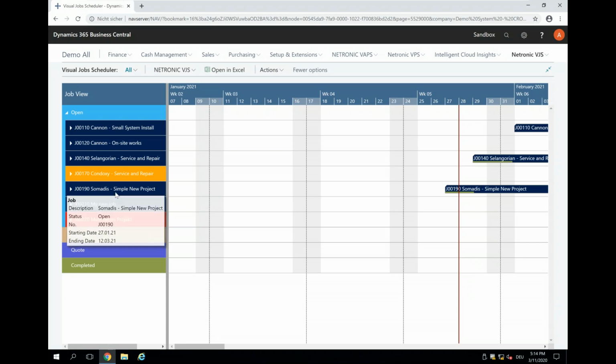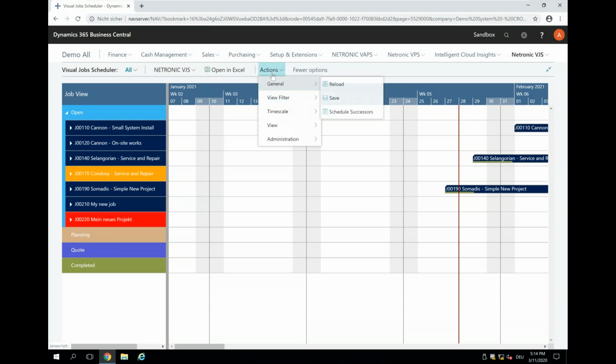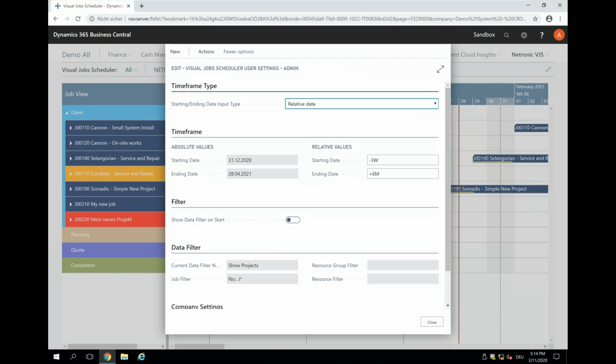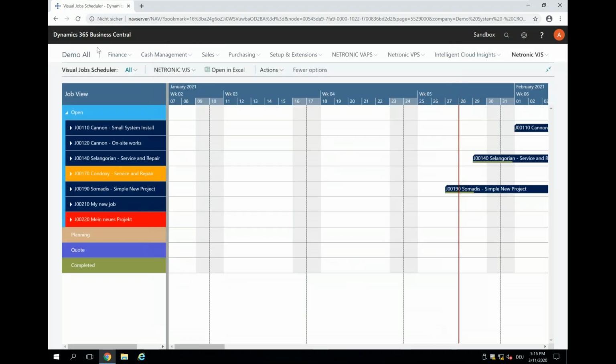So a bunch of projects, and obviously I was not asked about any kind of filtering in advance. So this means that my data filter upon the data load is not switched on yet. So let's do this. Under Actions, Administration, User Setup, you actually can say show data filter on start. So this is switched off, and there you see there is an implicit data filter applied. This is what I selected actually before I switched this off. So now I switch this on, and I close this,